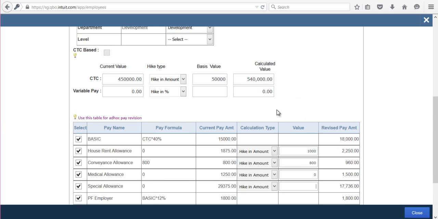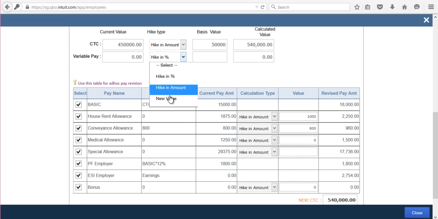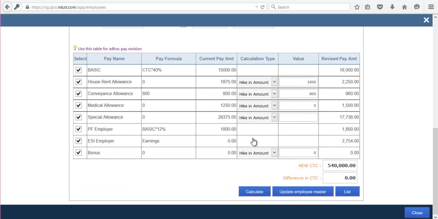Once you enter, again you have to click on calculate. You have to choose calculation type. Whatever you are selecting under CTC, same should be there for all the breakups as well. Then you have to click on calculate again.